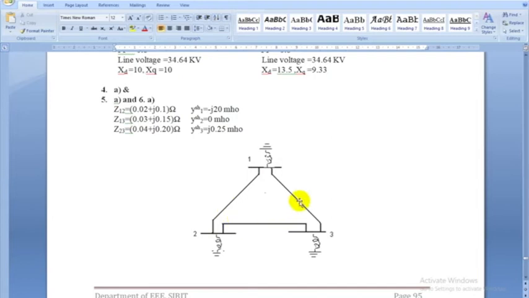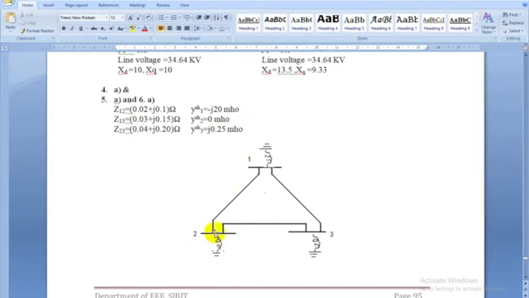These 3 transmission lines have the impedances Z12, Z13 and Z23 given, and at each bus we have a shunt admittance. Y1 is connected to the first bus, that is minus j20 mho. The unit of admittance is mho.